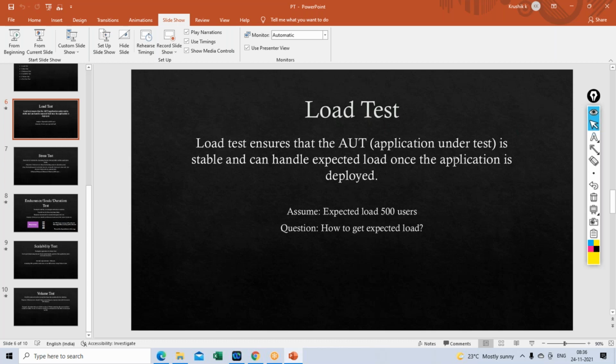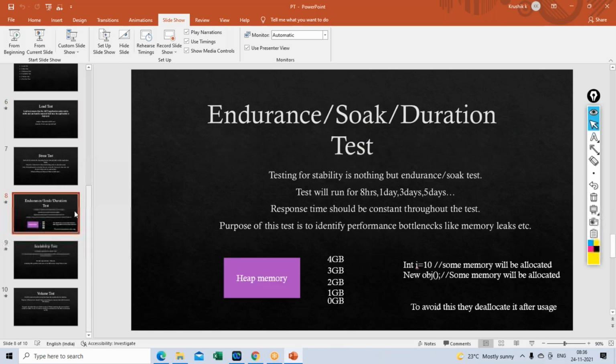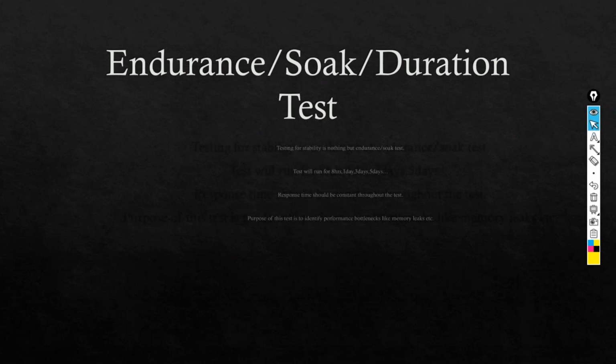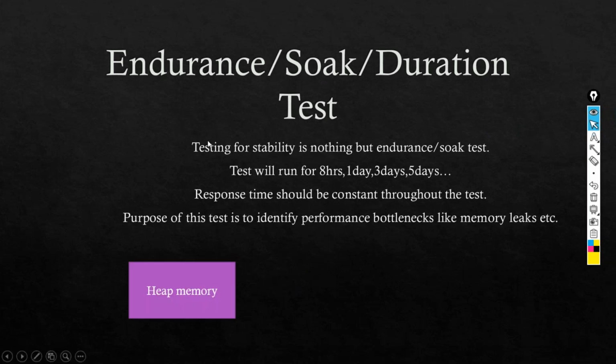Okay, and one more point you have to remember is in the endurance test. In the endurance test, the load that we will apply, because this test is all about testing for stability, right? We will run the test for 3 hours or 5 hours.